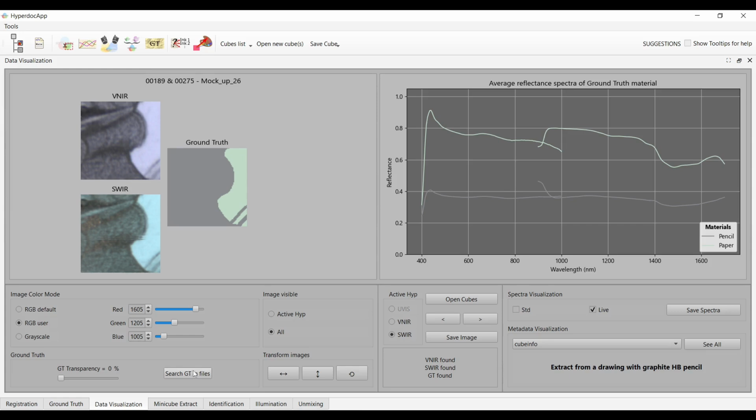In the spectral plot window, you can see the different materials that were identified in this sample when the ground truth was created, and we still see in blue the spectrum corresponding to the pixel under the mouse cursor. You can enable or disable the automatic display of the spectrum following the mouse position by checking or